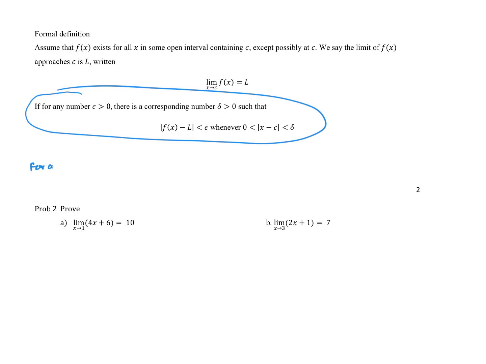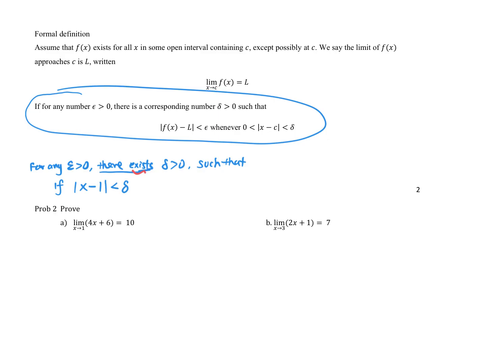For any epsilon that you choose, and this epsilon should be a positive number, there exists a delta greater than 0 such that if the absolute value of x minus 1, because c is 1, is less than this delta,